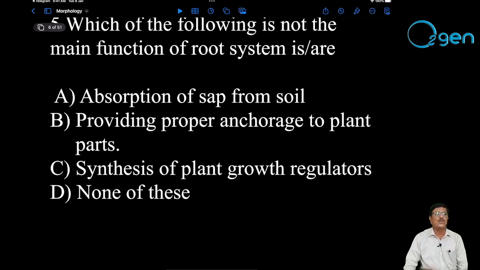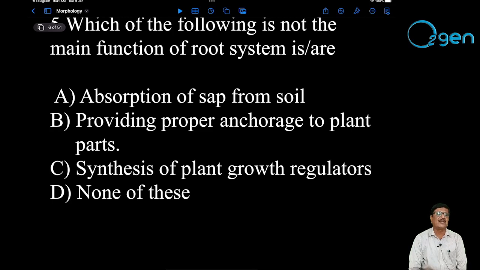Definitely the roots are involved in absorption of water and minerals from the soil through the root hairs. Second, option B, providing proper anchorage to the plant body. Yes, for a standing erect plant, anchorage is needed, and that is from the root system. Option C, synthesis of plant growth regulators. So option D, none of these, is